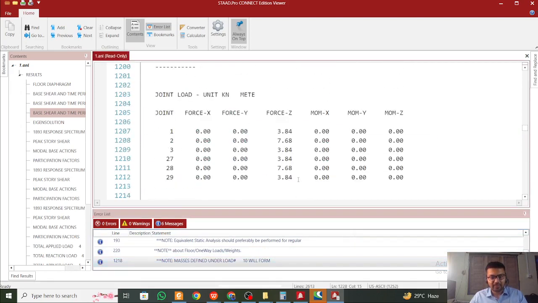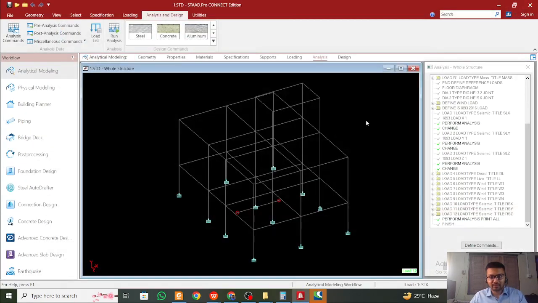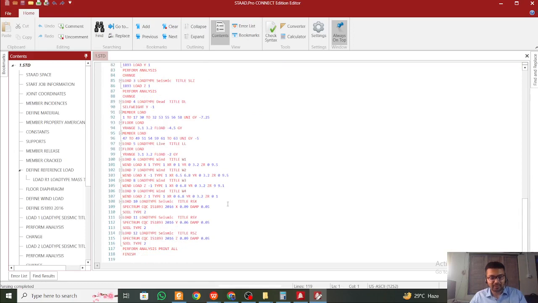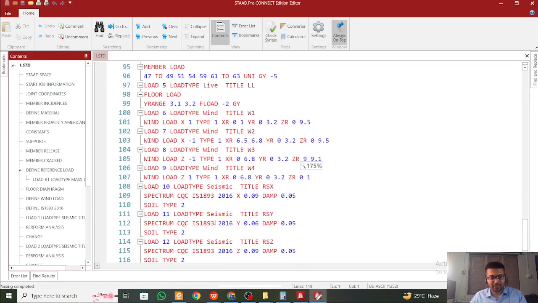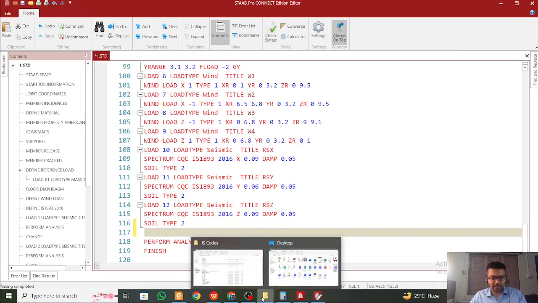Okay, so this is the final matrix, because as you know, STAAD follows the matrix method here. So this matrix which is available here, there should not be any concerns in these messages. Okay, so final step, not final step, almost the final step, we'll go for the load combinations. So we'll go to utilities, we'll go to command file, and since everything remaining is accurate, we'll apply the load combinations here. So for that you have to go to my